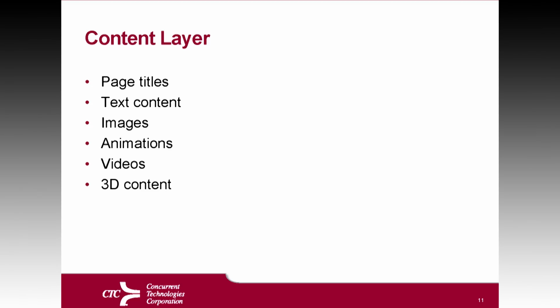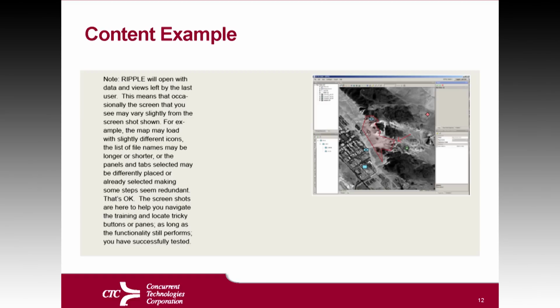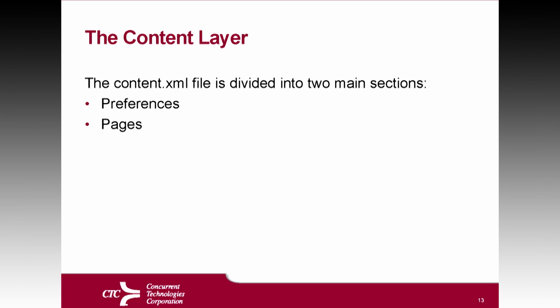And then the content layers. This is all of your page titles. This is your text content. This is your images. Everything that is specific to this specific project outside of the interaction of the GUI. And that would be something along these lines, where you have your text for the content over here and an image associated with it. And when you bring that together with the content layer, which is the XML layer that we've been talking about, those templates, the GUI parses what we're talking about in here, and that's your preferences in your page content.